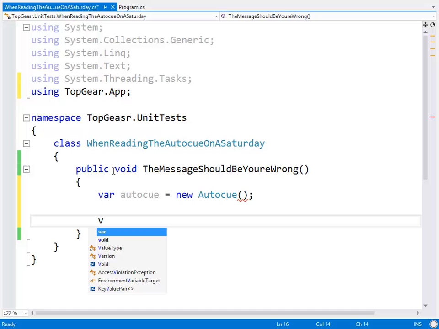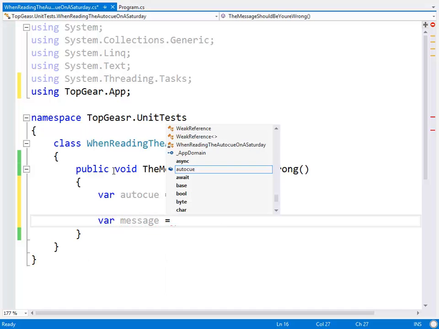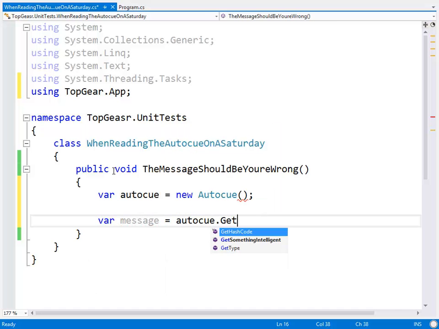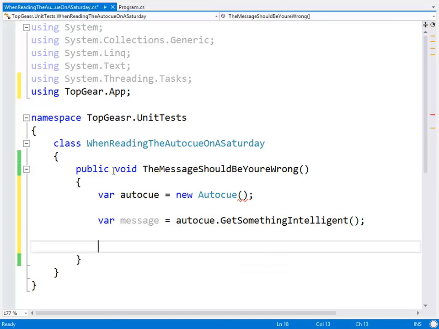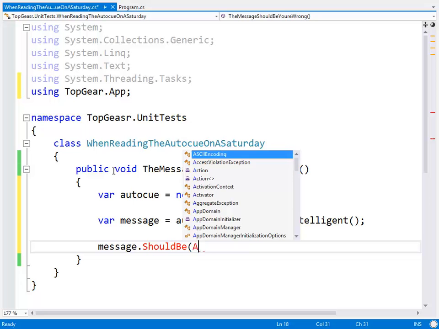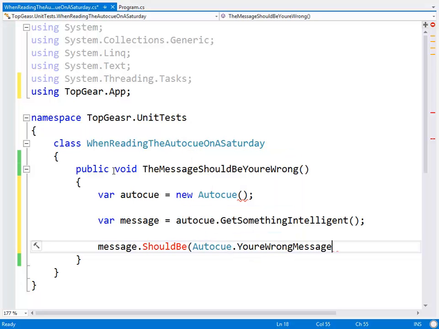Then we want to go var message equals auto cue dot get something intelligent. So this is our act component of our test, and then message dot should be auto cue dot you're wrong message.